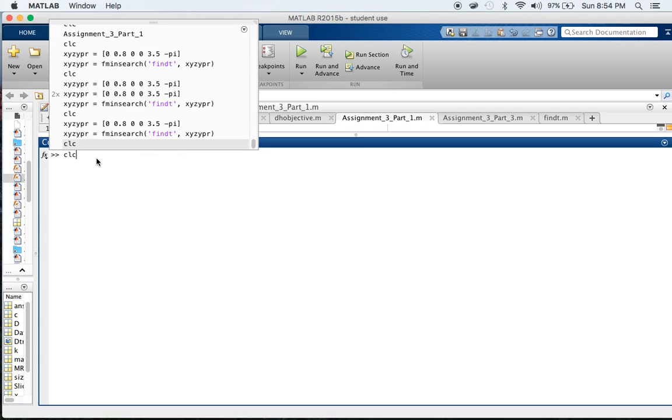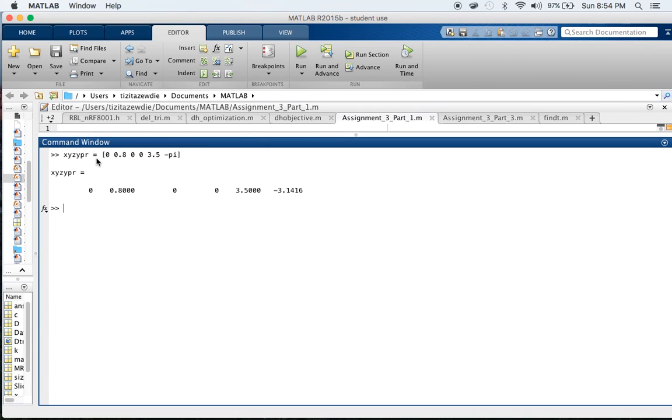And that's the initial guess value, which is the initial value for the objective function that's written. We're going to run this fminsearch algorithm, which will be using the objective function and the initial guess value, and it's going to start from that initial guess, and it's going to run